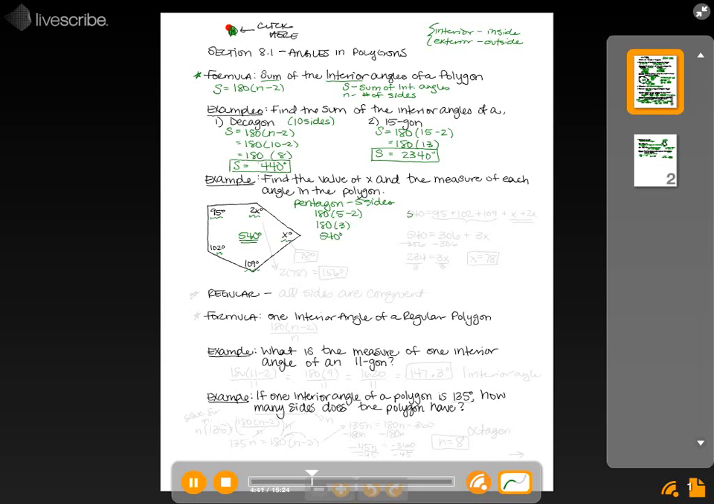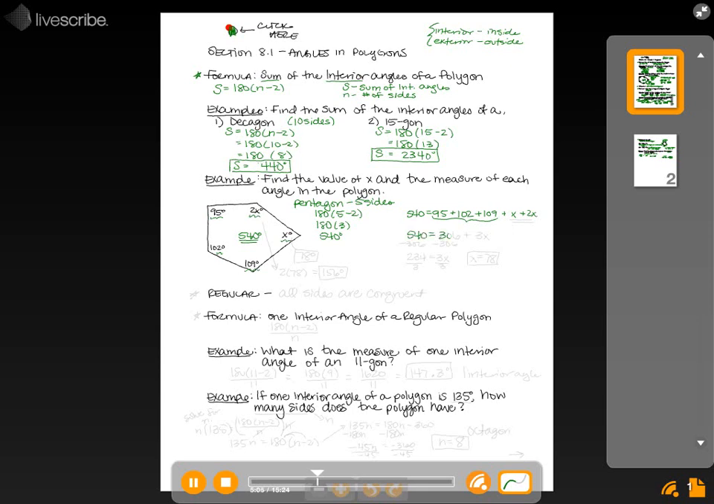So we would say 540 equals 95 plus 102 plus 109 plus x plus 2x. And we're going to simplify that. We can combine 95, 102, and 109. We can put that in our calculator, and we would get